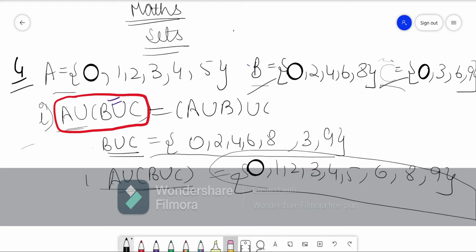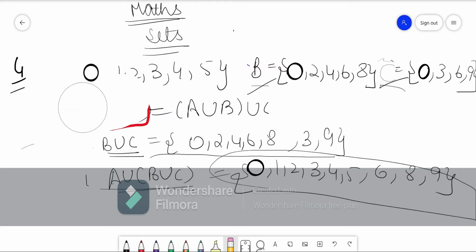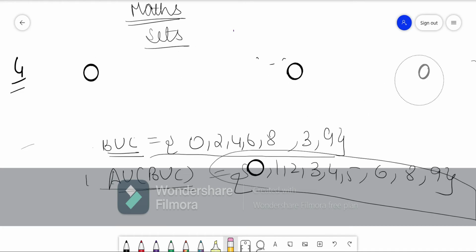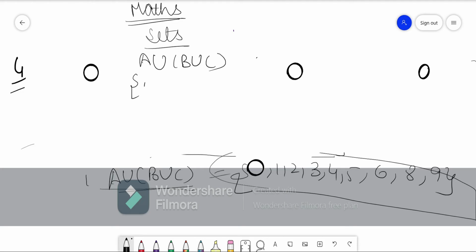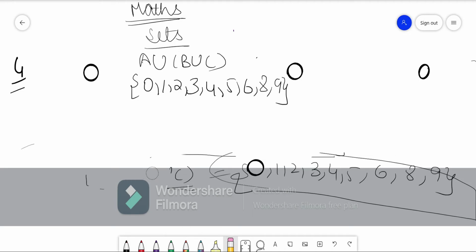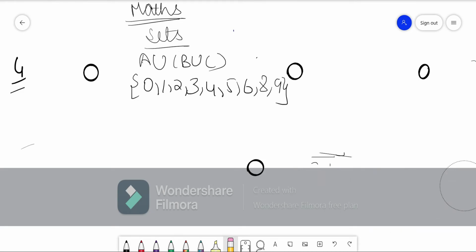Okay. So first let me erase. What is the second question? That is, the part that comes next. But first let me write this. Okay. So I always find that this method is the best. You go step by step, because then there is no mistake in any step. The chapter is easy if you understand it, but if you forget some things, I would recommend that you pay attention. Okay. So this is A union B union C. All right. So now you found out A union B union C.